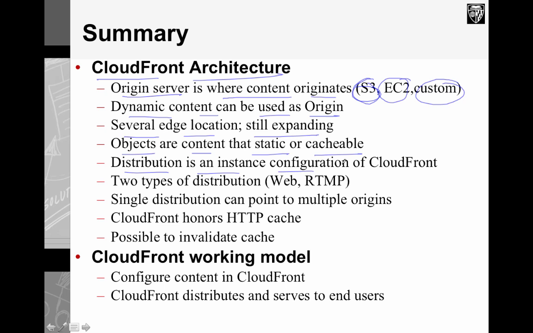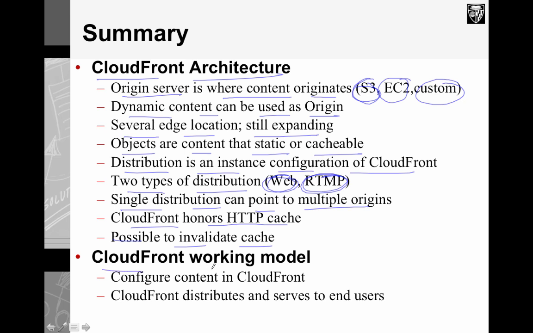Distribution is an instance configuration of CloudFront. So you actually create a distribution in CloudFront. It's AWS terminology. There are two types of distribution, web or RTMP. Web is used for your normal images and PDF documents or even cacheable documents, whereas RTMP is used for streaming video, streaming media, streaming audio. A single distribution can point to multiple origins. CloudFront honors HTTP cache. We looked at several HTTP cache headers that CloudFront honors. It is also possible to invalidate the cache. It takes hours to invalidate cache. And also,